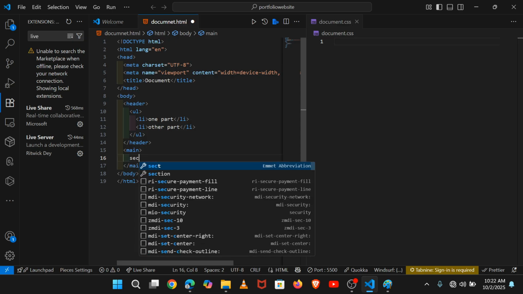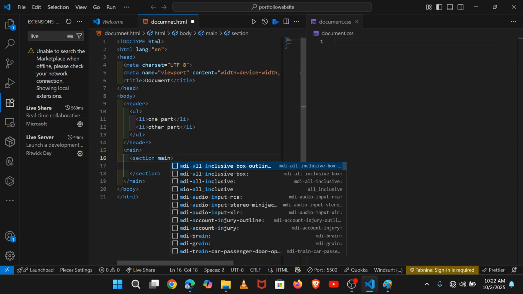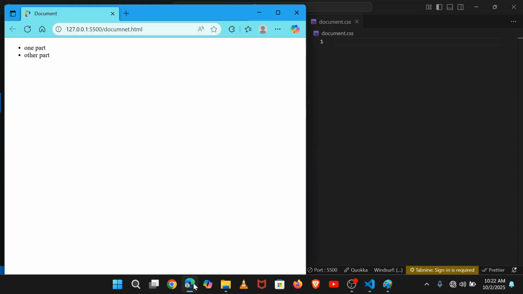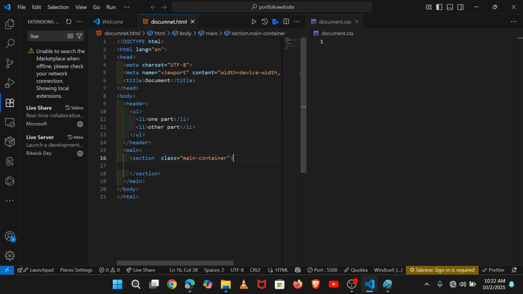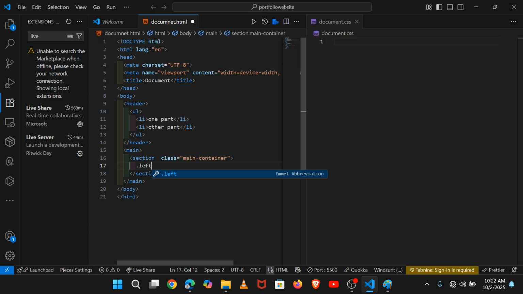So we will start with the section, and give it a class, for example, main container, like this. Sorry, I forgot to do something. So class like this, Control V, and then save. But you can see nothing is happening there. We are just seeing the content that is in the header. So inside the section we will put the left container, dot lefty container,